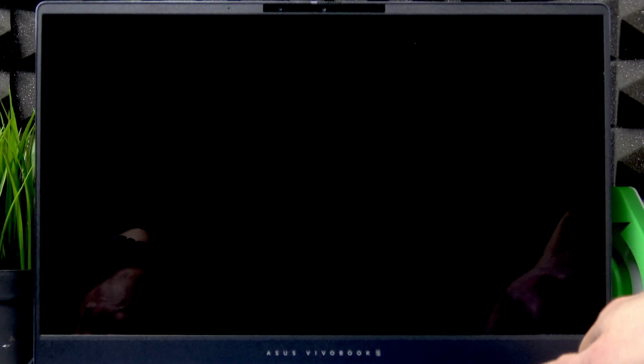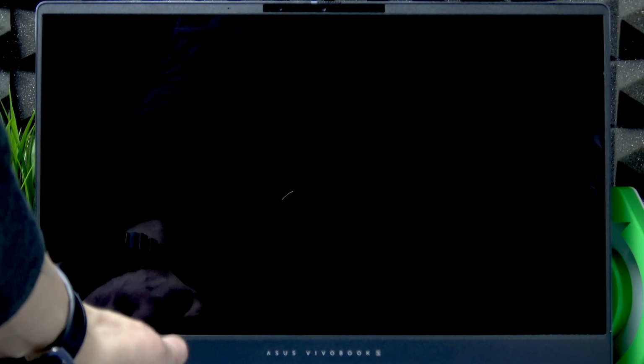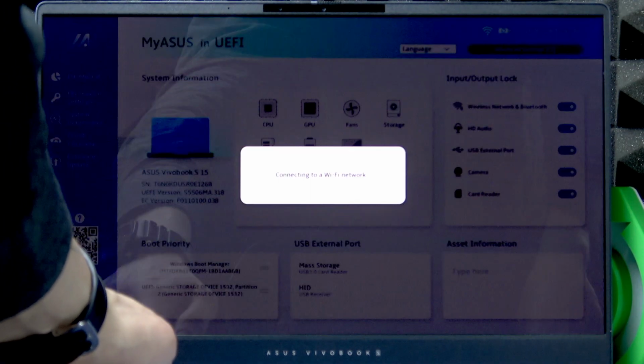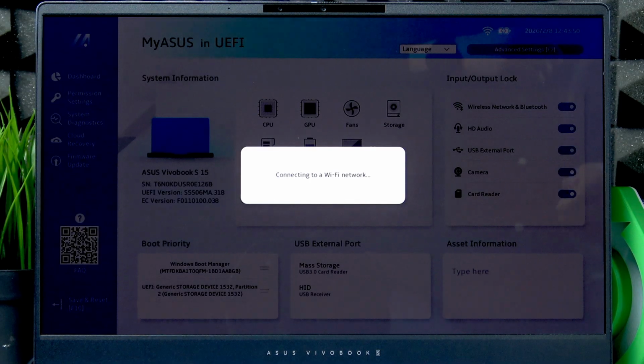All we have to do is just turn the PC off, and after turning it off, we're gonna have to power it on and enter the BIOS menu. To do that, we're just gonna have to short press the power button once, and while the laptop is starting, repeatedly press the F2 button until the BIOS menu appears on your screen. Then wait for a couple of seconds